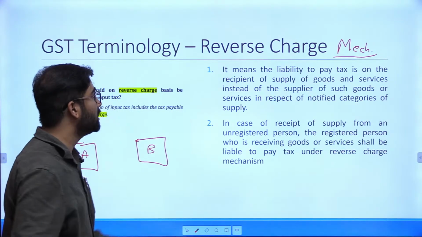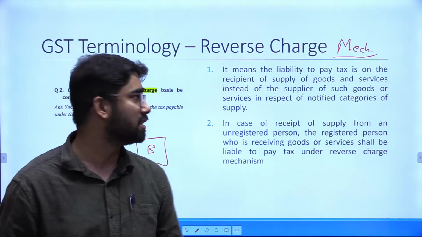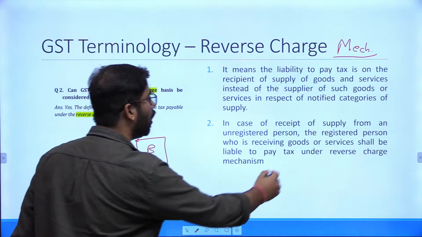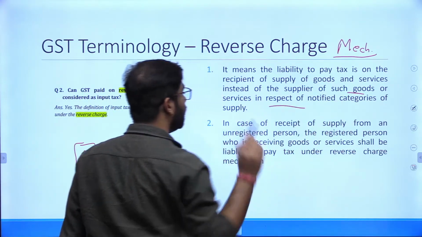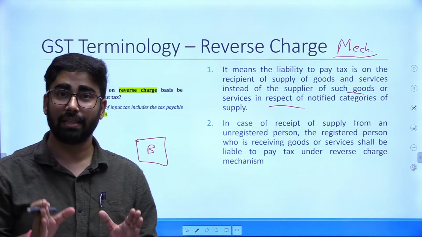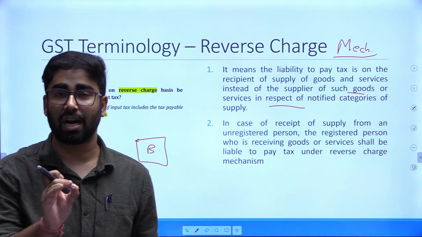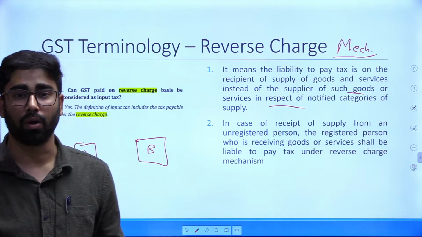Let's see the statements. It means the liability to pay tax is on the recipient of the supply of goods and services instead of the supplier of such goods or services. In case of receipt of goods or services from an unregistered person, that's where there is an unregistered person in the supply chain, and that is why reverse charge mechanism is being invoked. Okay,